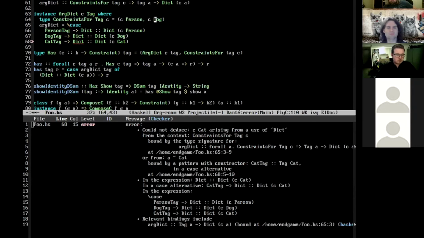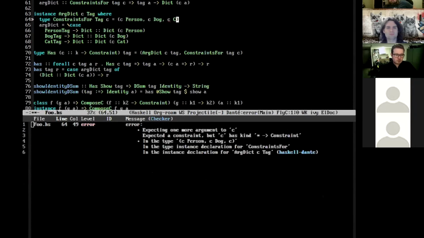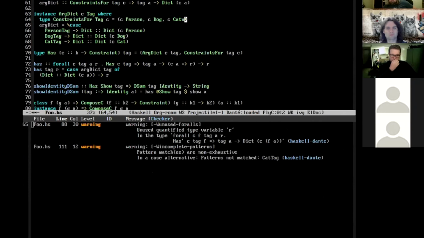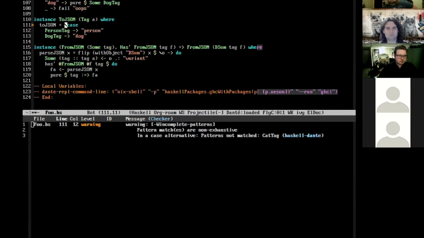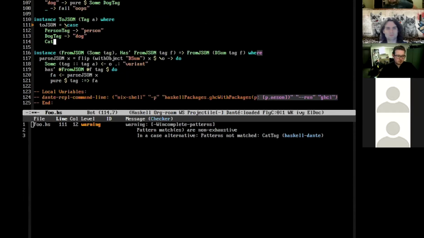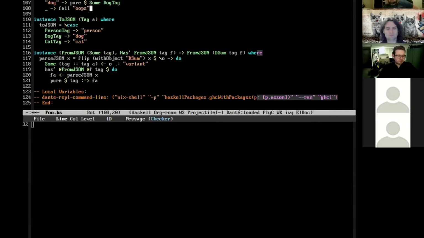And constraints for would also be extended, but that would also be Template Haskell. Argdict prime, I put the wrong thing there, that's fine. So you need to parse these.